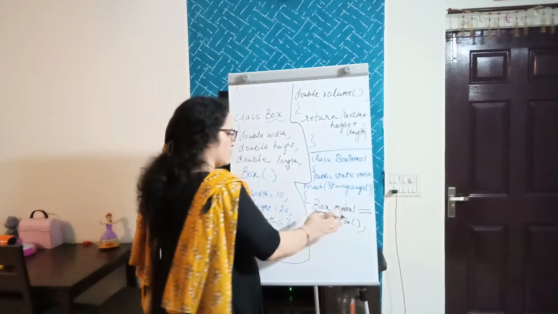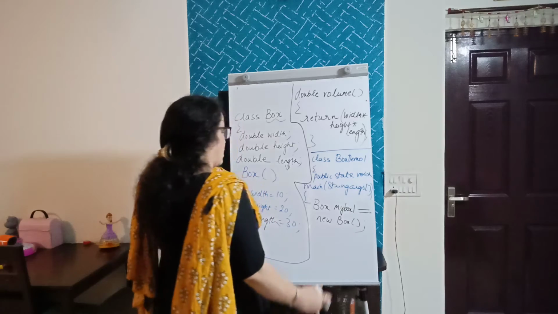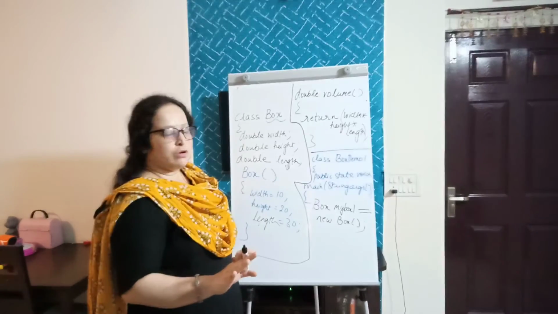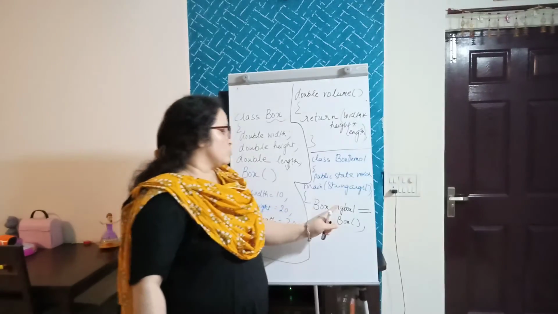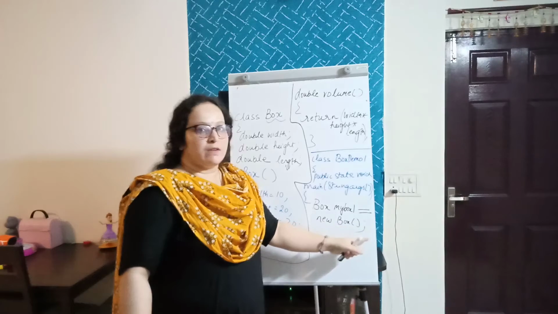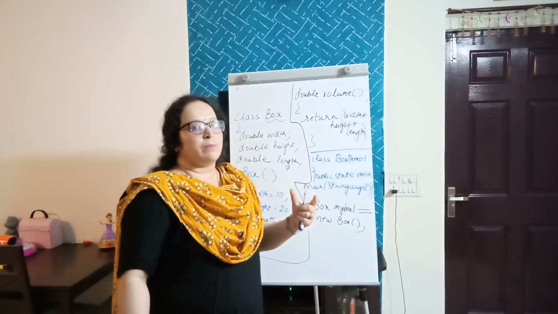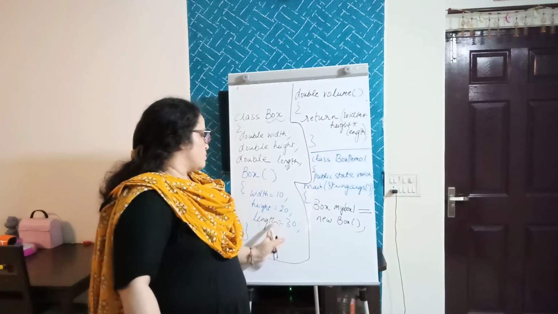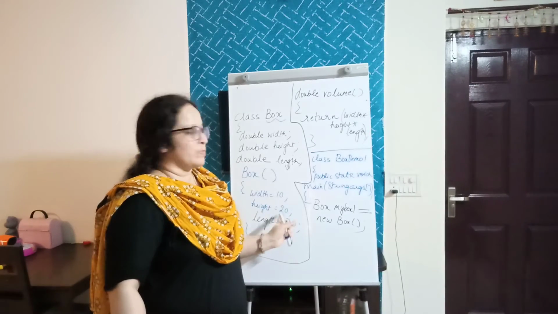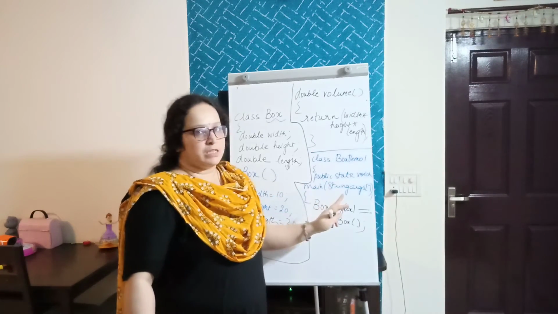Now after this object has been created, we will not use that step that we used to do, mybox1.width is equal to 10. We will not assign values over here. That step will not come in this particular program, because the values have been assigned by the default constructor. So you will skip that step over here.